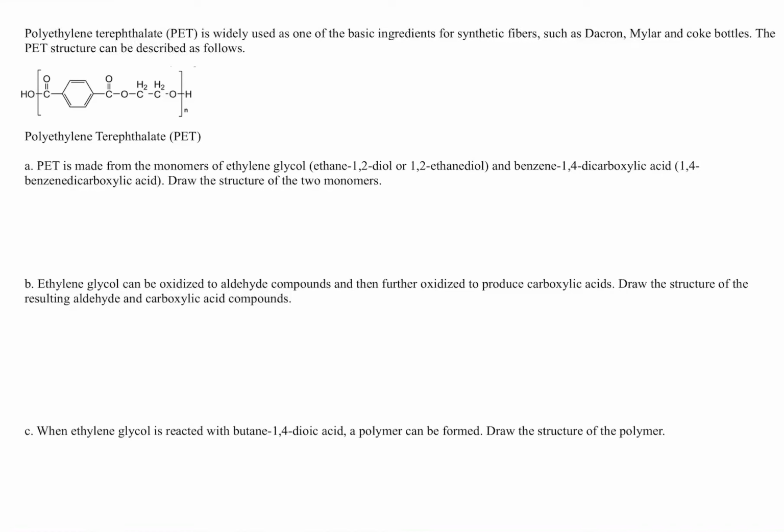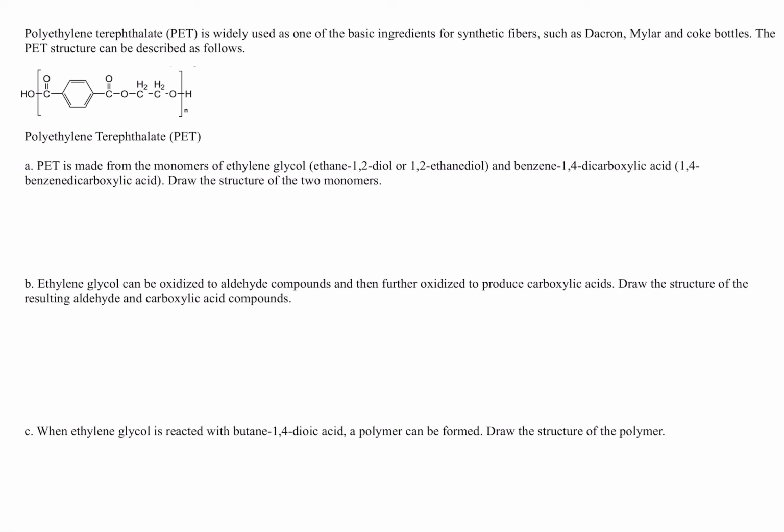Okay, here we have polyethylene terephthalate, or PET, which is widely used as one of the basic ingredients for synthetic fibers such as Terylene, Mylar, and Coke bottles. And here is the structure of the PET. Now the question A, the PET is made from the monomers of ethylene glycol, which is ethane-1,2-diol, or benzene,